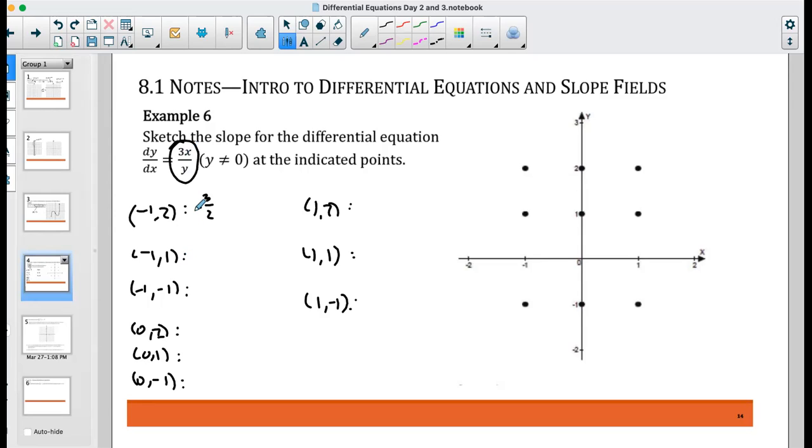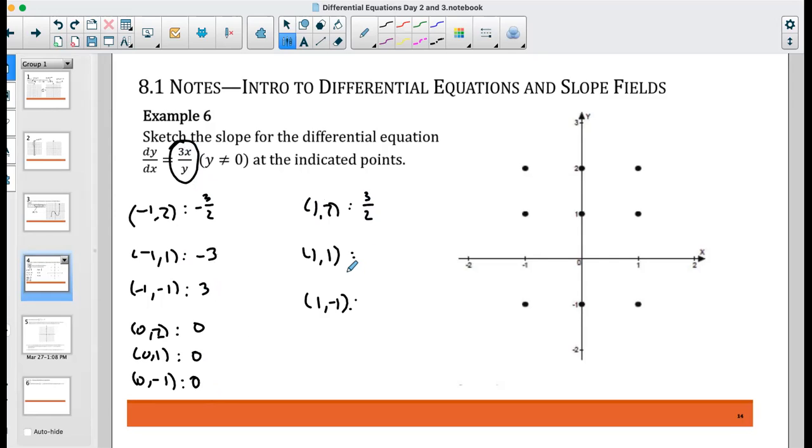If I plug a -1 in for each, I get -3. Oh, sorry, it's a -1 and a +1, so that's -3. If I plug a -1 in for each, I get +3. When x is 0, the slope is going to be 0. So all 3 of these are 0. That's convenient. And then I plug a 1 in for x and a 3 in for y, and I get